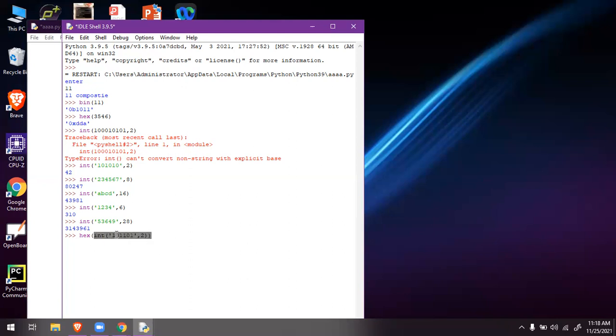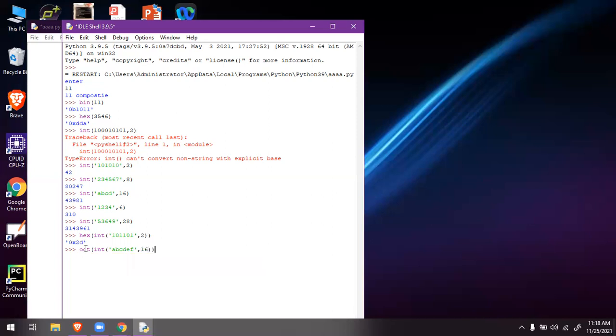After entering, the inside brackets will be executed first. The inner brackets represent a binary number that is directly converted into a decimal number. After that, it is translated into a hexadecimal number. If I hit enter, I will get the value in hexadecimal. Or if you want an octal number from a hexadecimal, ABCDEF comma 16, you have to mention 16 here.